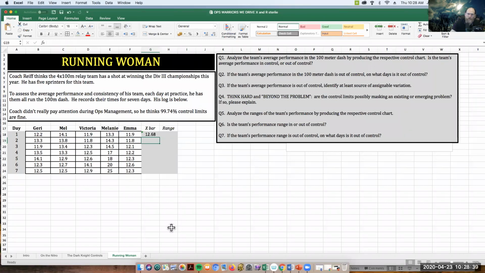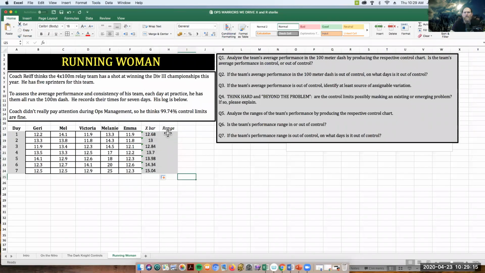So it's important everybody see what Myra did. Myra figured out, and I'm just going to speak for you for a second, she said, okay, well, essentially, we are getting an average of all these runners. They're all running the 100-meter dash every day, and coach is averaging their times. And so that gives us an X bar for the day, which is 12.6. And then she just did the same process all the way down. Is that right? Okay.